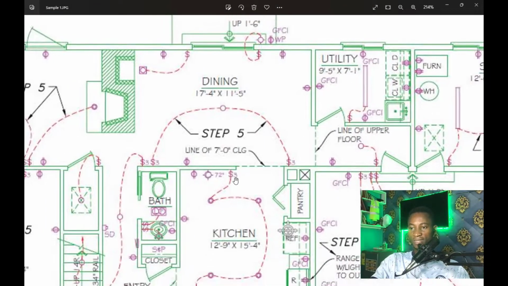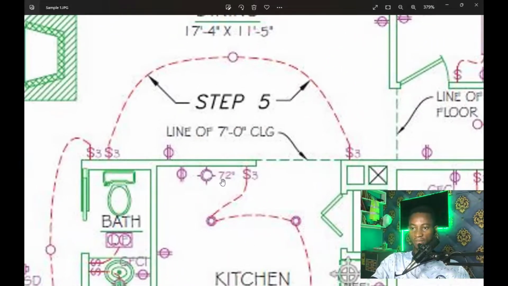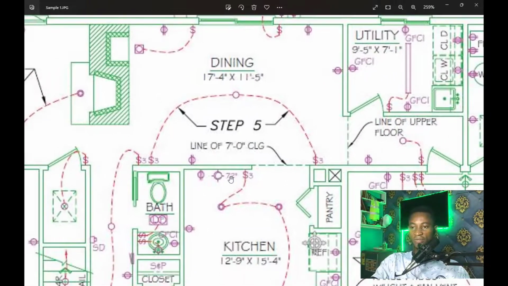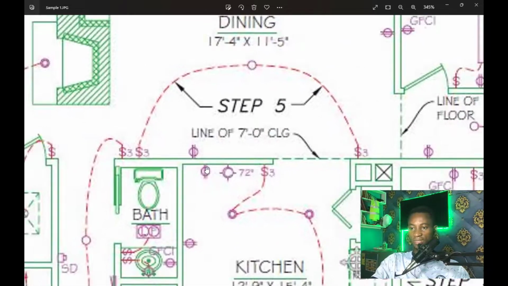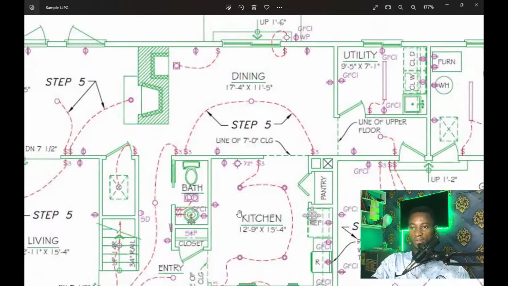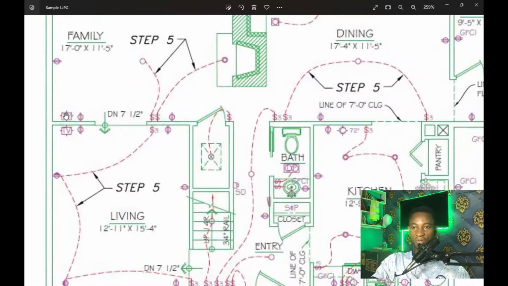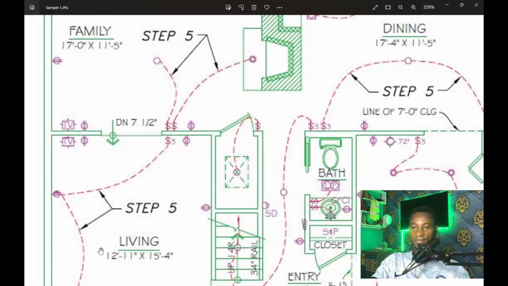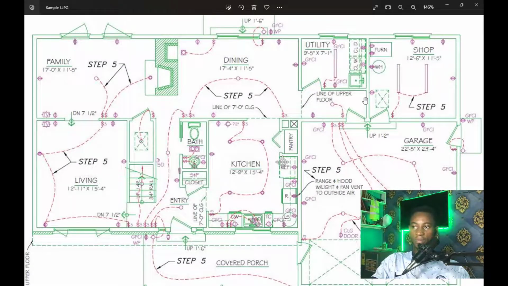In case you enter the kitchen, you can also switch your, we have a day 72 degrees, I don't know if it's the AC, and we have other sockets here. This is a symbol for sockets. We are going to learn all of this together in this tutorial today. We have the TV socket at the living area. These are a few symbols we are going to talk about, but before that, let's move into a PDF